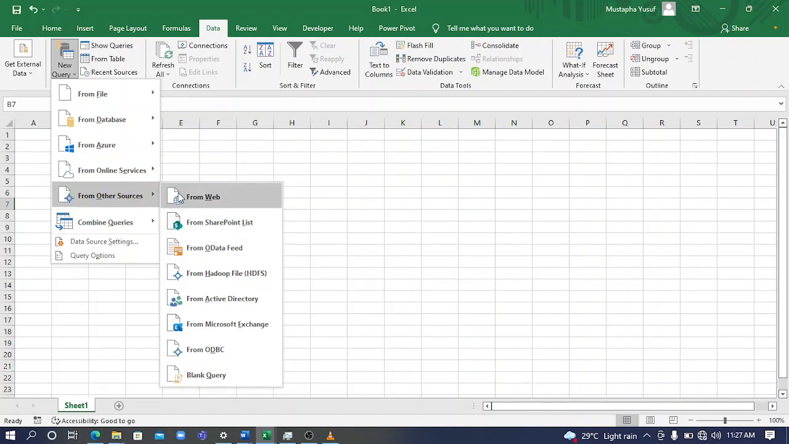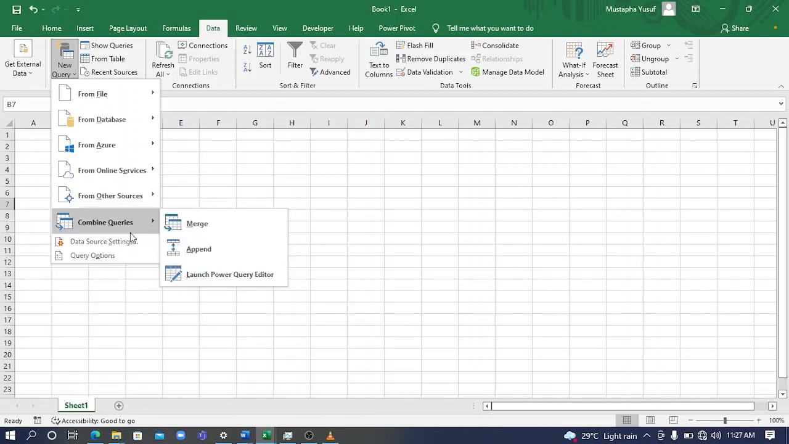Is it any of these online services, or from other sources? Is it from web? Is it from SharePoint? Is it from OData? Is it from Adobe? Is it from Active Directory? Is it from Microsoft Exchange? Is it from ODBC? Is it from BigQuery? Then there's something we call combine, a combination of queries where you can merge your queries together